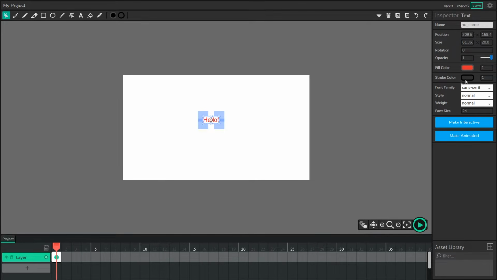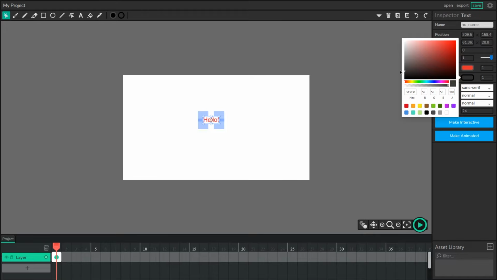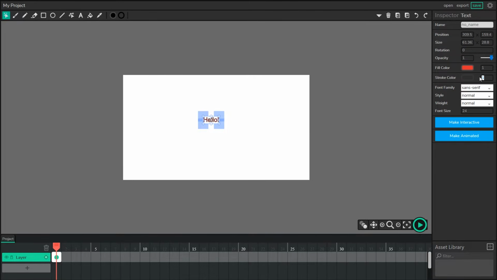If I want to change the stroke color, which is kind of this outline color, I can make that anything I'd like and maybe make the strokes a little thicker if I want. If I want to change the font family, actually, back off a little bit on that stroke color change. If I want to change the font family, I can just open this drop down and I have access to